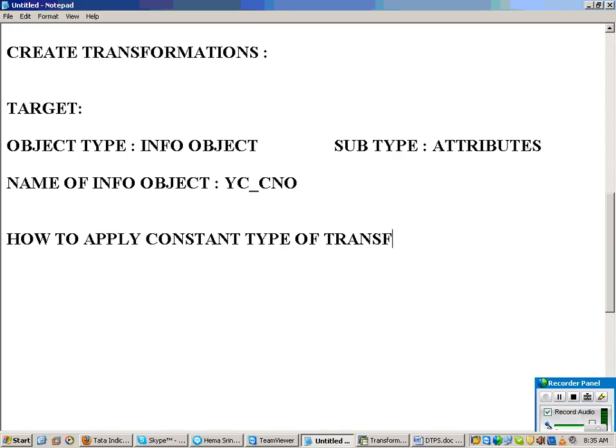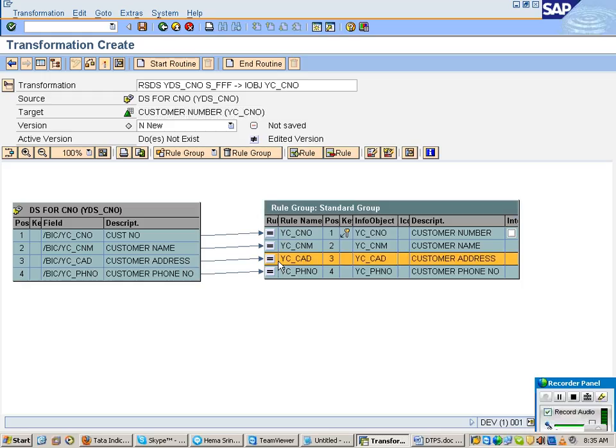How to apply the constant type of transformation. So now, let us say for address, I want to apply a constant. If you want, you can observe, just double click on address.